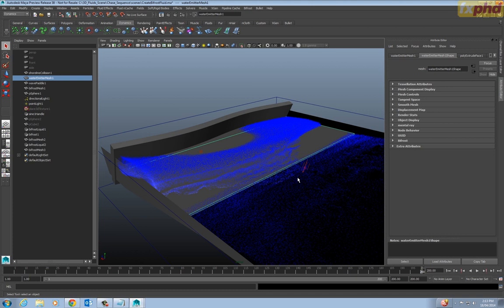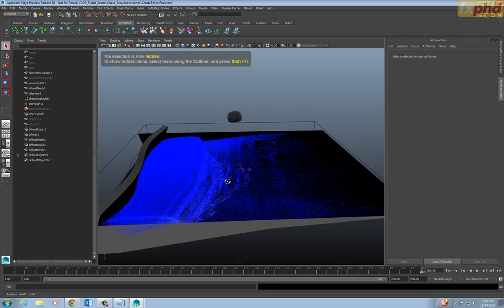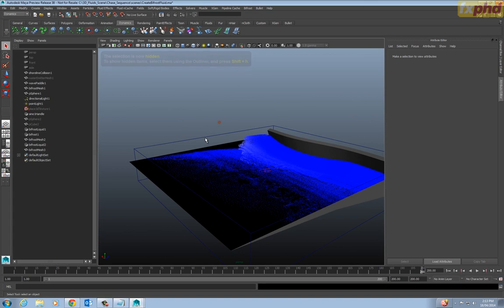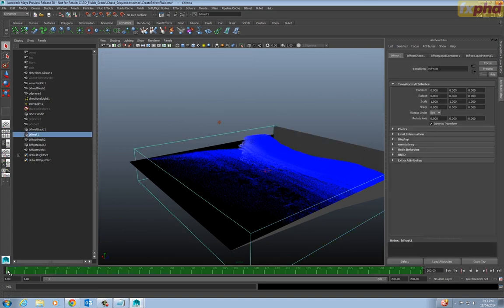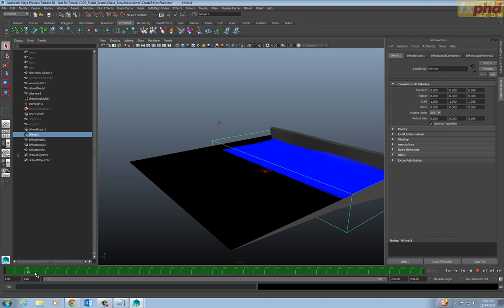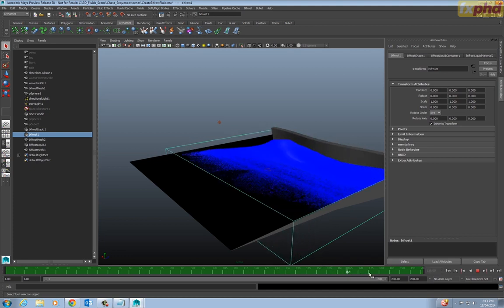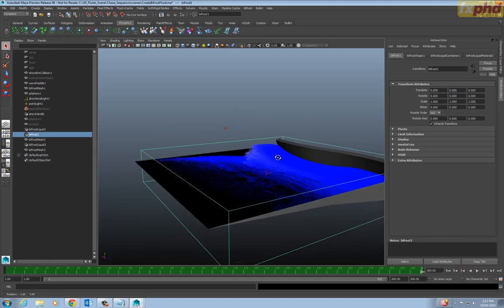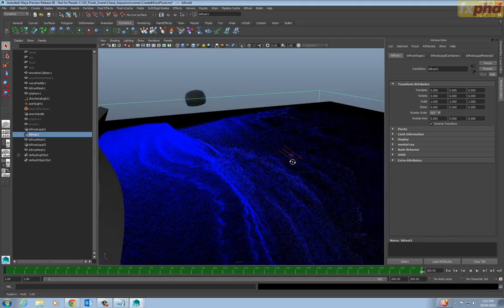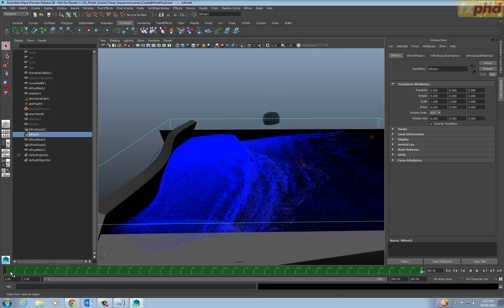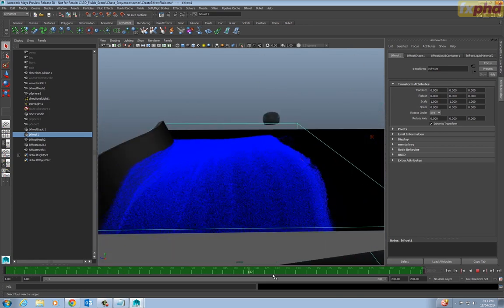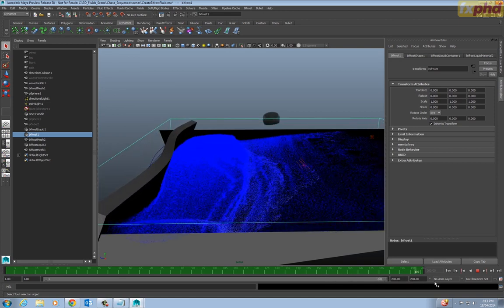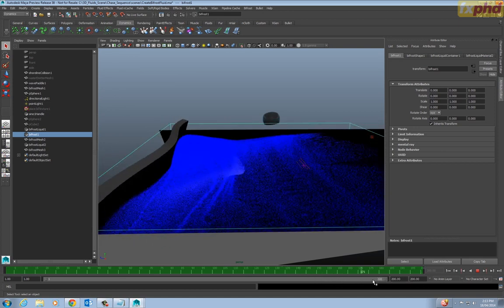So now we've cached this into the scratch cache, and I'm just going to hide the emitter geometry, and we can see that the way this thin sheet of water has simulated is much more detailed and smooth than the original globby 0.5 voxel setting that we had. So you can see here, the second time it pulls over, it creates a little rippling wave that comes over the top, and when you mesh that, that'll create a really realistic flowing water